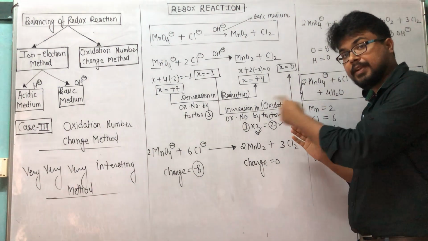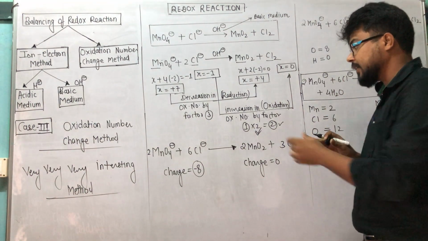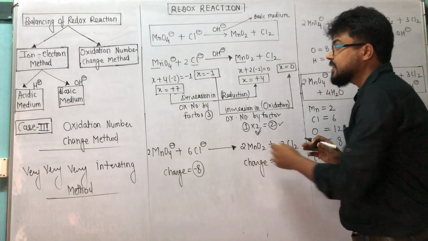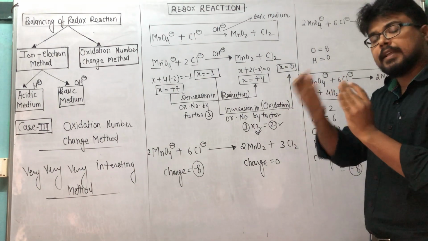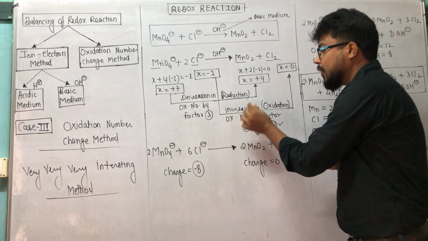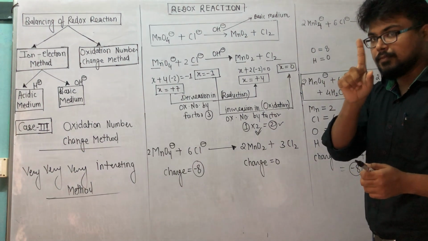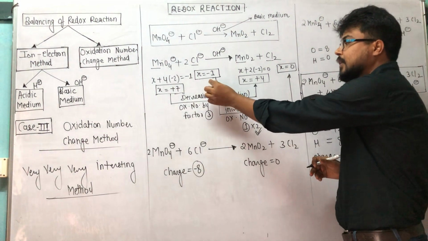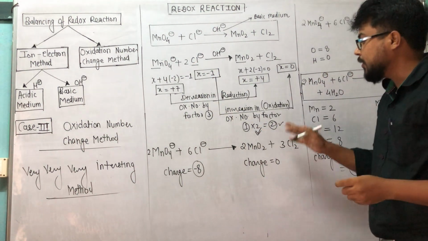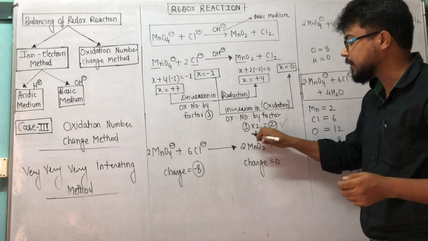The same concept we did in acidic medium as well. Already we did it in that example, correct? So here I have to multiply the value 2 with the factor here, -1 to 0. The factor of increase is 1, or we can say here ox number is increasing by factor 1, -1 to 0. Because the atomic ions are 2, that's why I multiplied with 2, correct? So the new factor by which ox number is increasing will be 2, not 1.